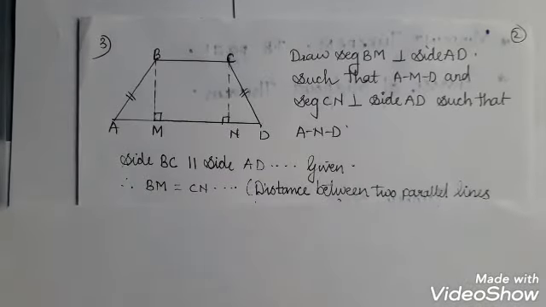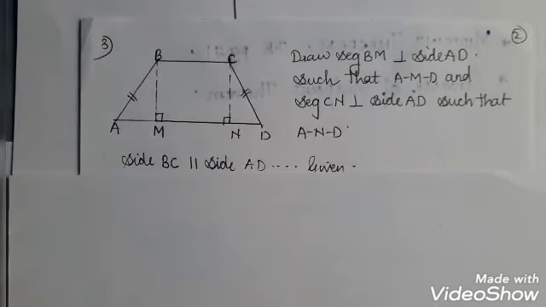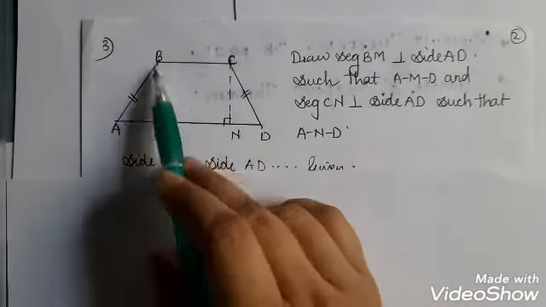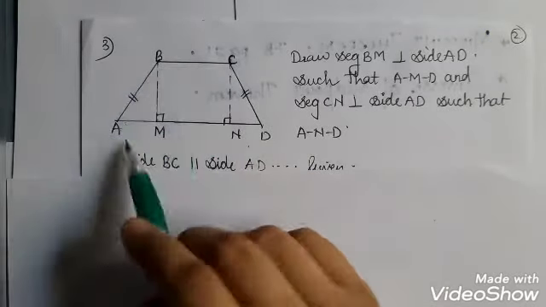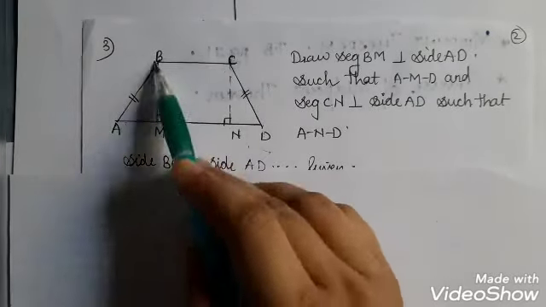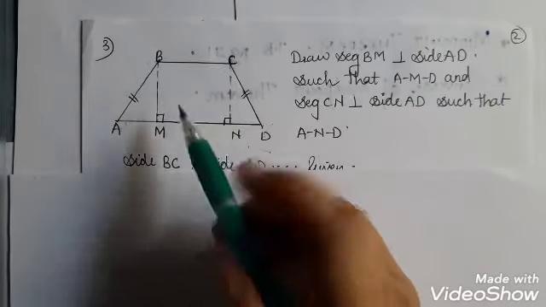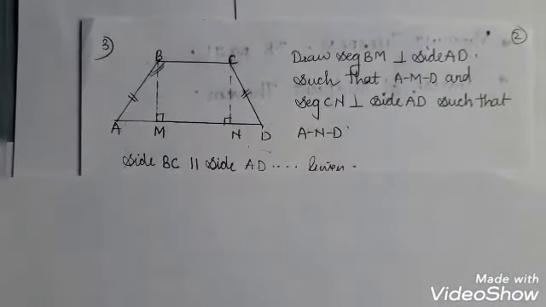Question number 3. It is similar to the second sum. In quadrilateral ABCD, the figure is already provided. In quadrilateral ABCD, BC is smaller than AD. So side BC is smaller than AD. That means BC is on top and AD is below. Side BC is parallel to side AD. If AB is congruent to CD, then prove that angle ABC